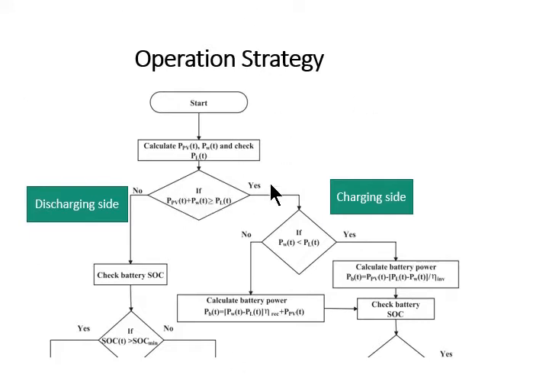So we are discussing this operational strategy as discussed in the previous case. We have just given the overview, you may not pick this one. So here we are discussing in detail this operational strategy, when the renewable power is more than load power. It means that you will be charging the batteries, or you will be selling this power to the grid. So in this case, what will happen? This is the charging side. And if this renewable power is less than load, it means the load is more and the available renewable power is low. So this is the discharging side.